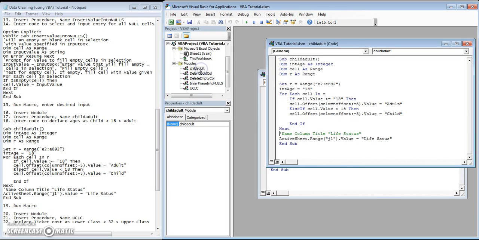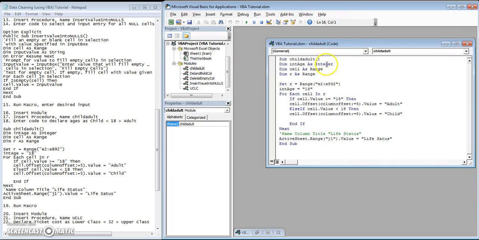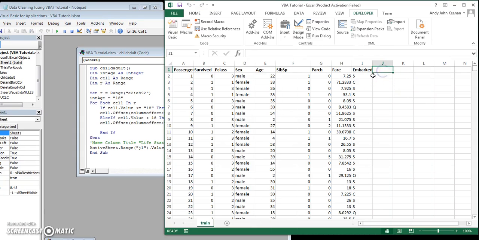and a child adult. So now this one, like I said, you're going to set your range, and you are looking for the number 18, and this code pretty much tells if it's greater than or equal to 18, then that value will be an adult. If it's less than 18, then it'll be considered a child. And then I'm also going to name the new column life status. So the range of J1 and the value is life status. So we're going to put J1, that's going to be life status, and then it's going to be child, adult, whatever